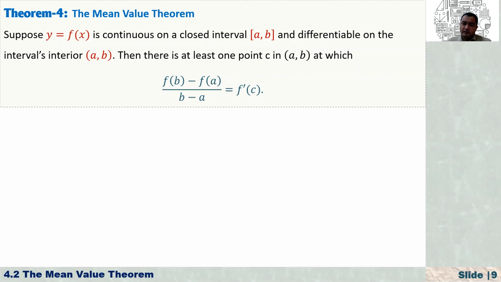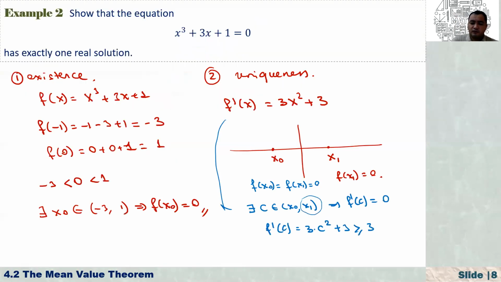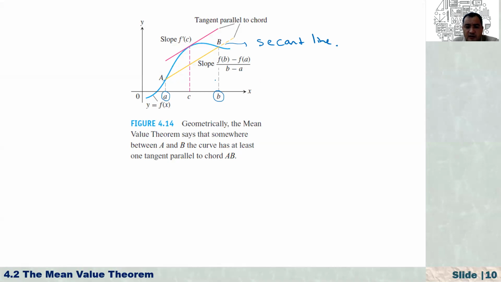Why is it so? To prove this, I'm going to write the equation of this yellow line. Since this yellow line passes through point A and point B, and the coordinates of point A are a and f of a, and the coordinates of B are b and f of b, right? If we are given two points and also its slope, how do you write the equation of that line? Let's say the equation is g of x, the equation of the yellow line passing through these two points.